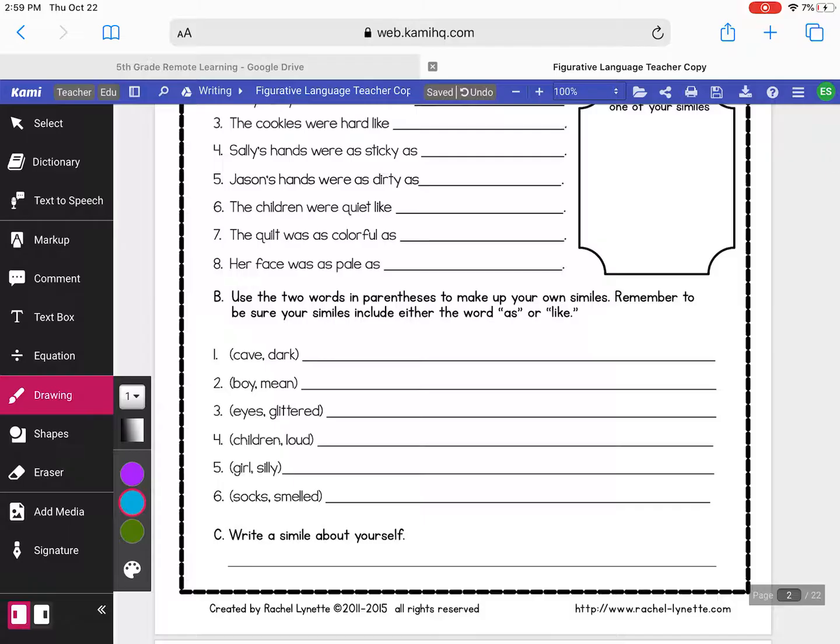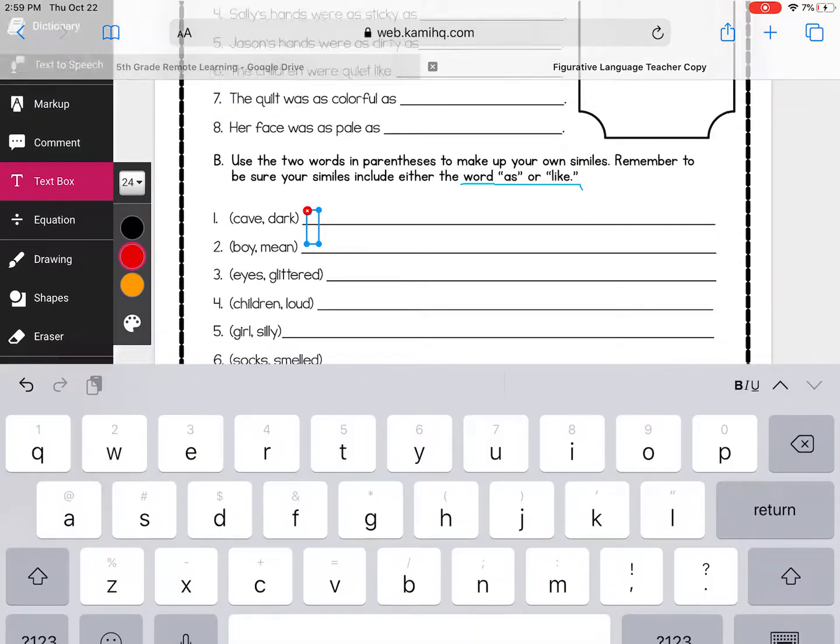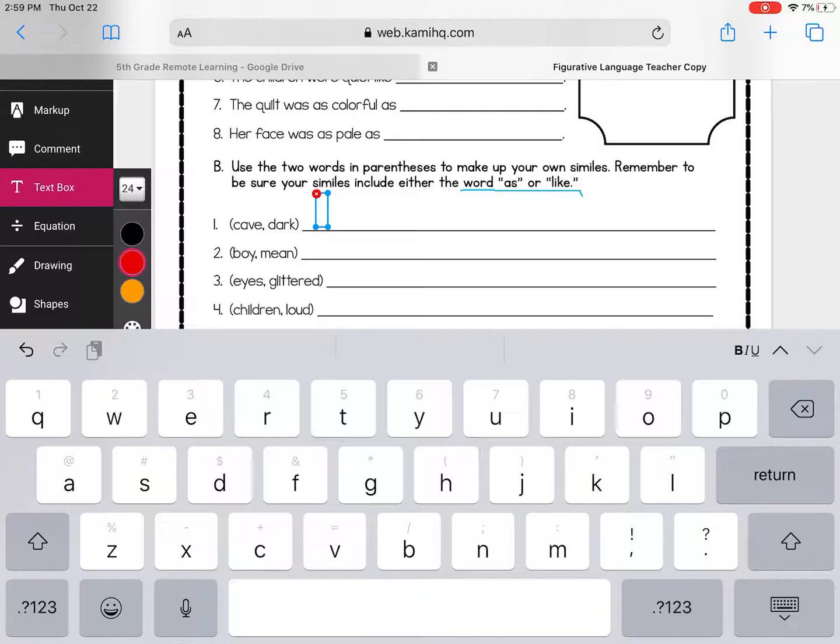And last but not least, it says use the two words in the parentheses to make up your own similes. Remember to be sure that your similes either include like or as. By golly, if you don't have one of these in here, you are doing it wrong. So I'm going to do the first one. I have to do the two subjects. So I'm going to start with cave. The cave,